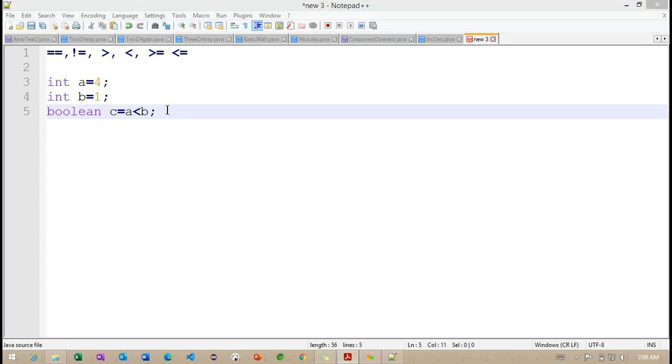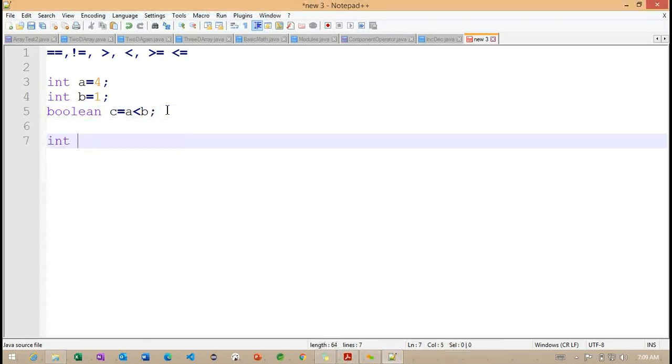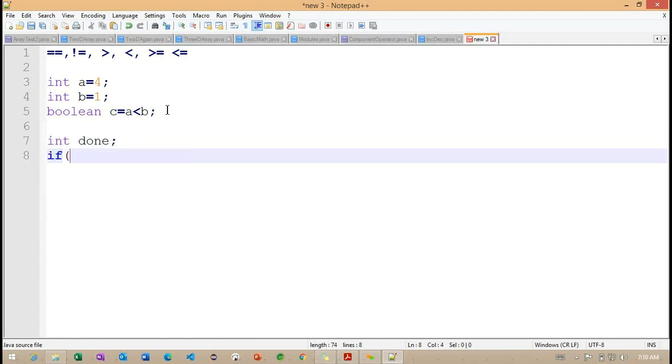Along with this, we'll check one more variable, int done. I'm not initializing the value, but you can observe I'm checking with a value. Here is how the double equals operator works.